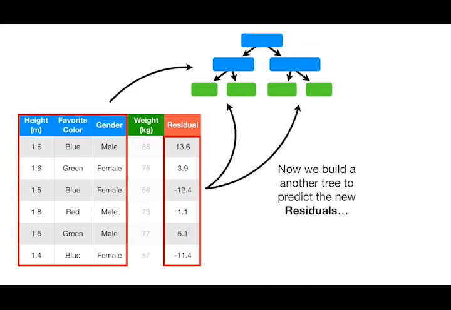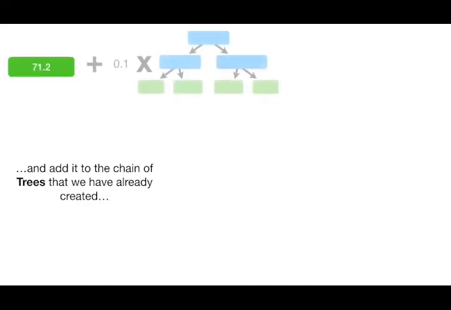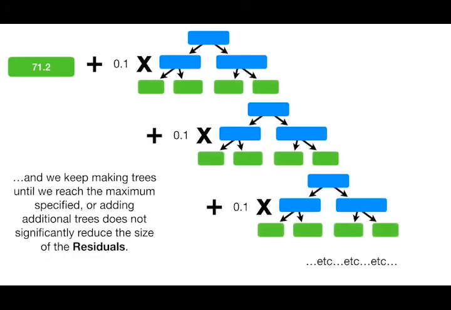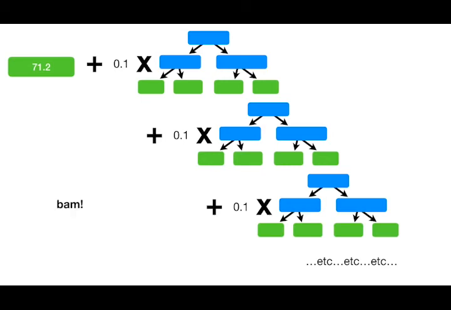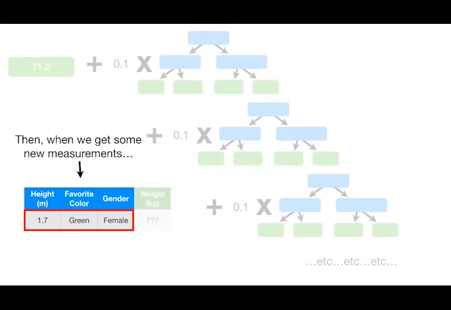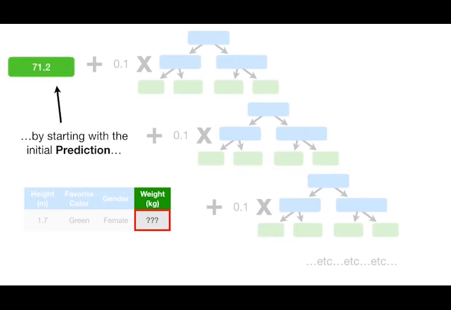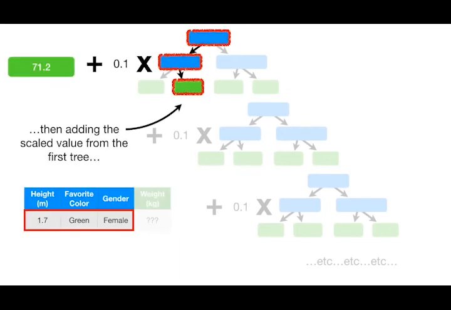Now we build another tree to predict the new residuals, and add it to the chain of trees that we have already created. And we keep making trees until we reach the maximum specified, or adding additional trees does not significantly reduce the size of the residuals. Bam. Then, when we get some new measurements, we can predict weight by starting with the initial prediction, then adding